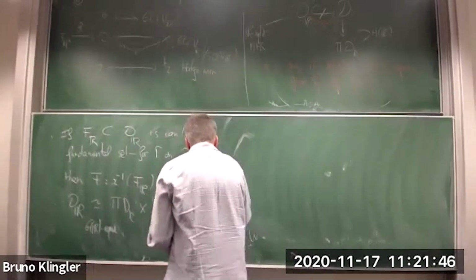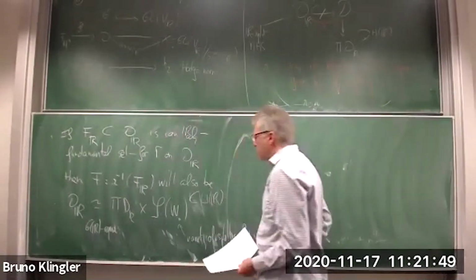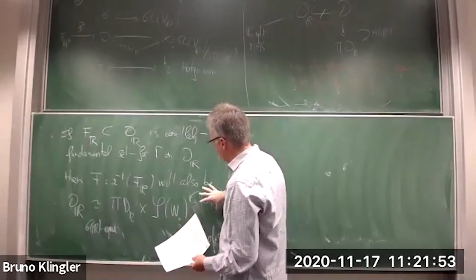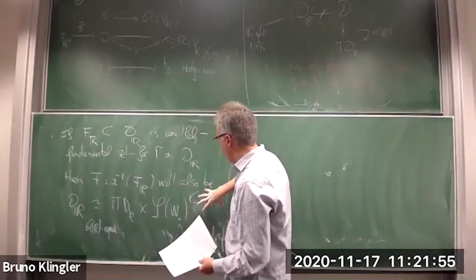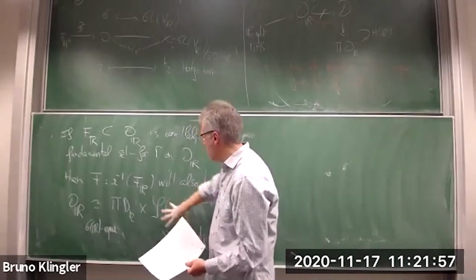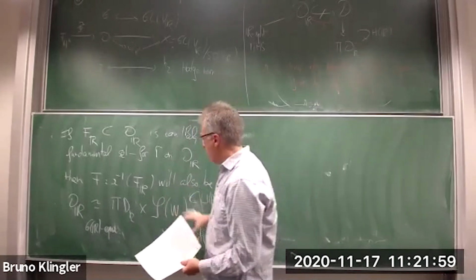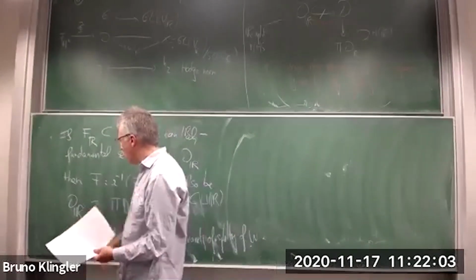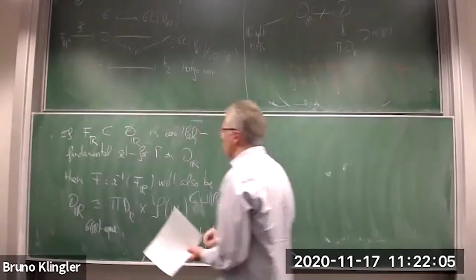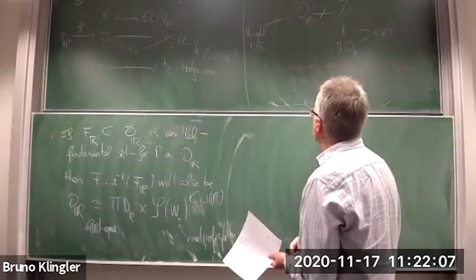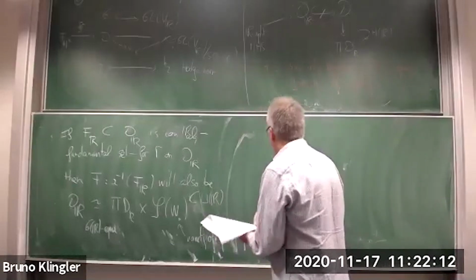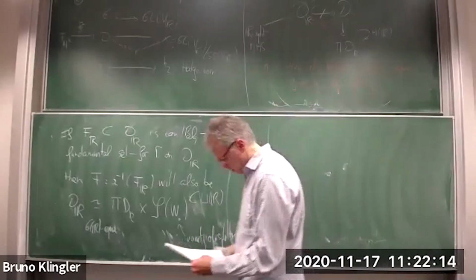So here you know how to take a fundamental set, and here you just take, in fact, there is a transitive action of the unipotent radical. U(R) acts transitively here. So you take a fundamental set for the action of gamma on that variety of splittings, gamma intersected with U, sorry, and you multiply it with a fundamental set here. This provides you with a fundamental set in D_R, and you put it back to D, and you get your fundamental set, which is semi-algebraic. And okay, the claim is that this works.